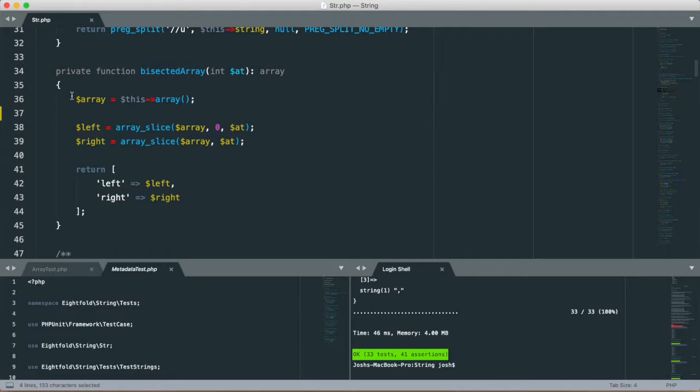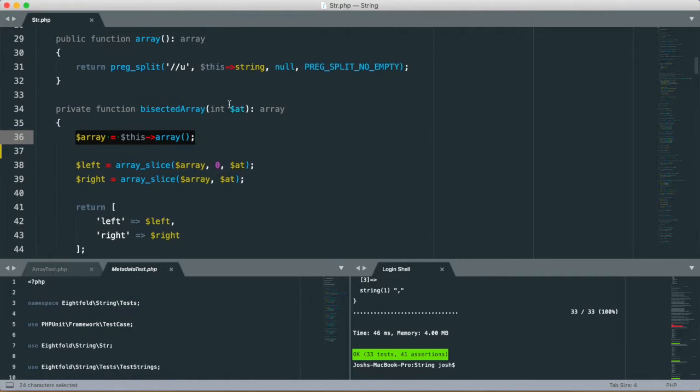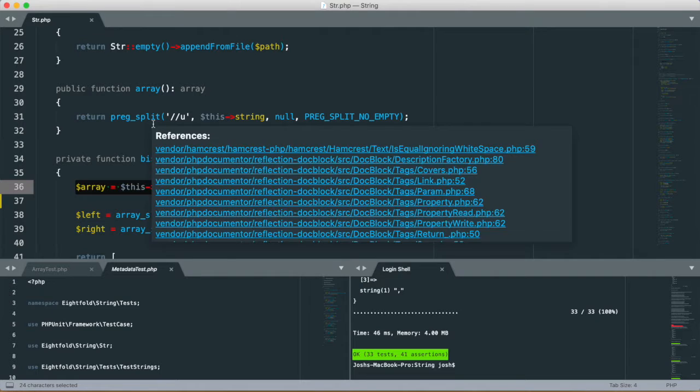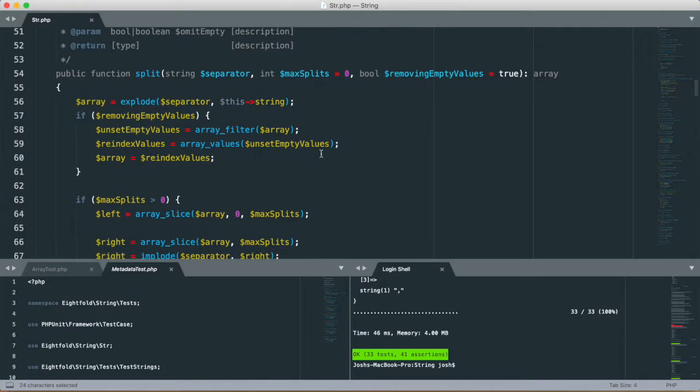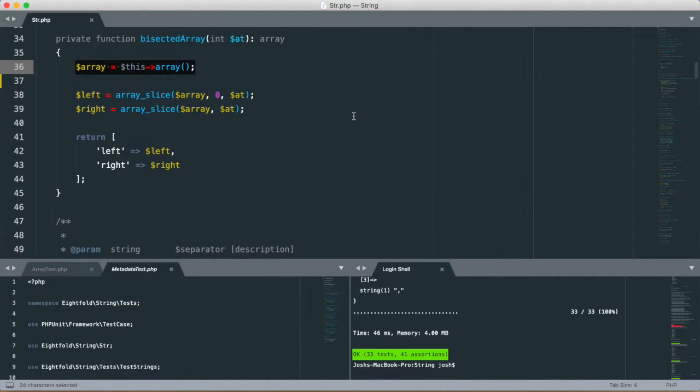And that's because bisectedArray uses a different initial array. The initial array for bisectedArray is to convert the string into an array based off of a regular expression using preg split, and to always strip out the empty values. Whereas with split, we're saying create the array from an arbitrary separator given to you by a user, right? A developer who is using this API. So I couldn't just copy and paste or just use bisectedArray,